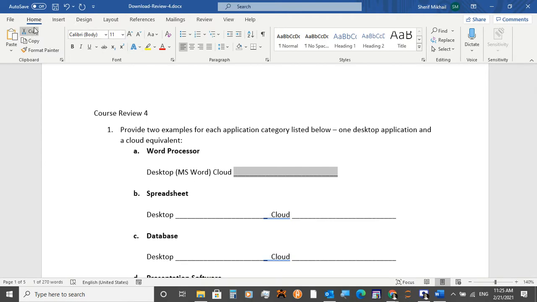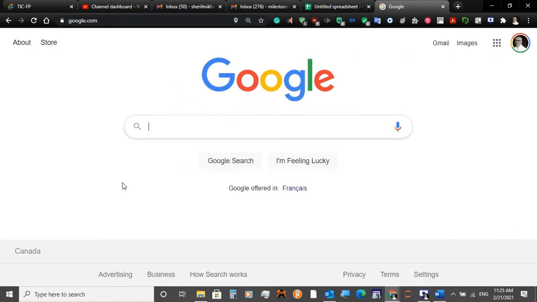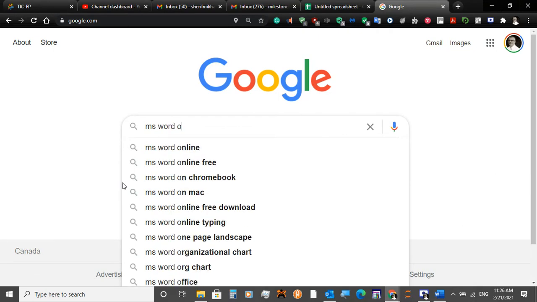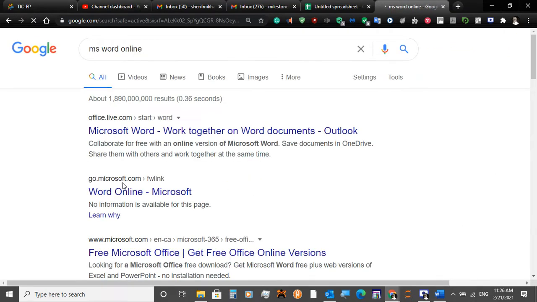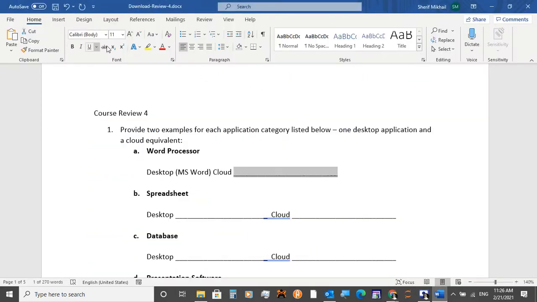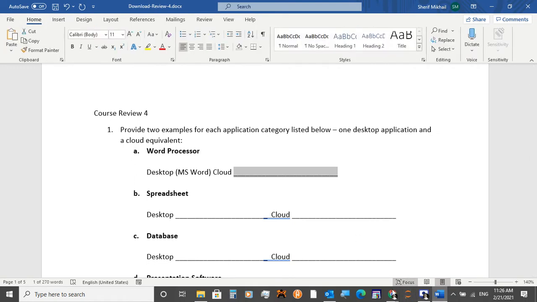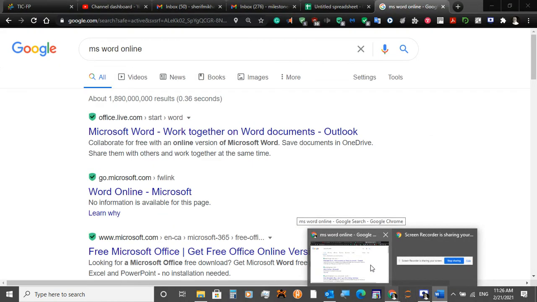It doesn't have, if you look here at the desktop version, it has all these commands. But if you want, you can create a Microsoft account and type Microsoft Word Online, and it's free. And everybody has access to it. But like I said, it's very minimal. You're not going to have the full commands that you see in the ribbon. You're not going to see the full ribbon. A better alternative to Word Online